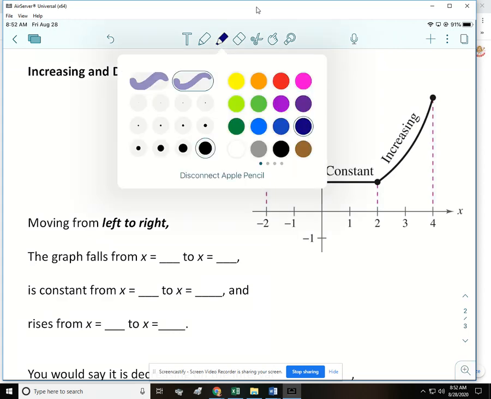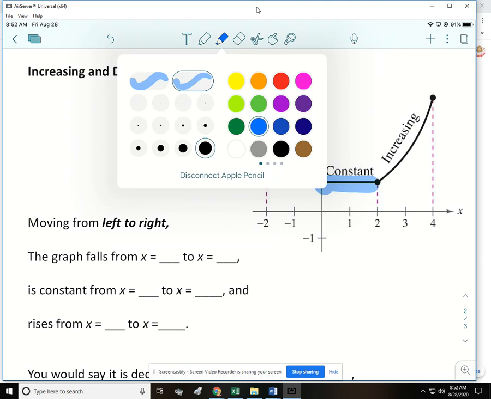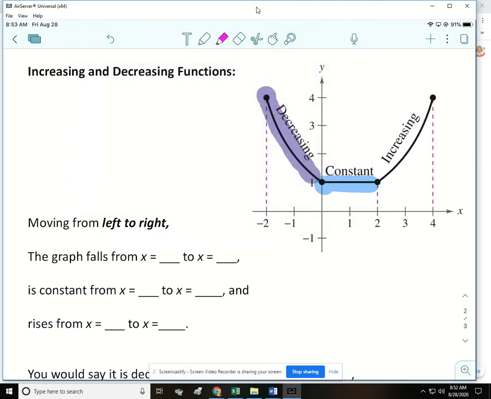Anytime that you're walking on flat ground, the function is constant. And then anytime that you're walking uphill, the function is increasing. And remember, you're always going from left to right when you're reading a function, just like you read words. So on this blanks to fill in, for this particular function, the graph falls from where x is